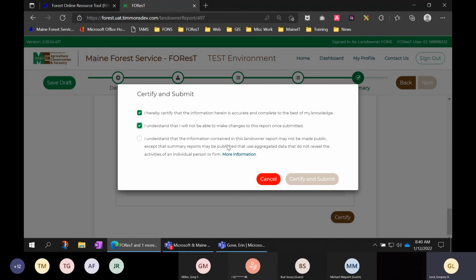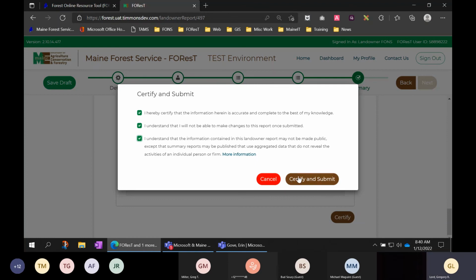And then the last one is more to let you know that your data for your report specifically is confidential, and we cannot publish it unless it's in some sort of aggregate and doesn't reveal the activities of an individual person or firm. And then there's a link here to the actual statute that protects that information if you want to see more about that. And so once you've checked these 3 boxes,